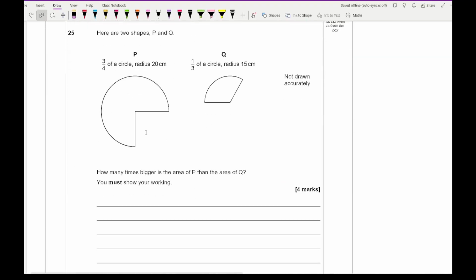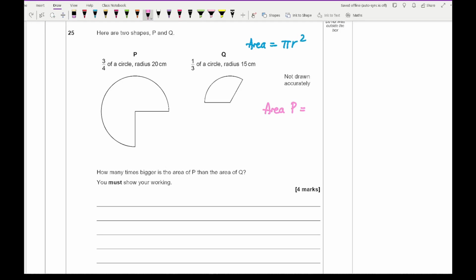Then moving on to question 25, it says here are two shapes P and Q. P is 3/4 of a circle with a radius of 20, and Q is 1/3 of a circle with a radius of 15. How many times bigger is the area of P than the area of Q? So looking at this, to work out the area of a circle is pi r squared. Now, for the area of P,